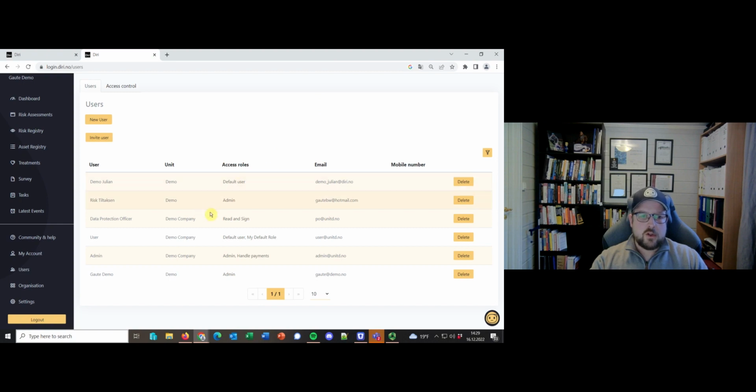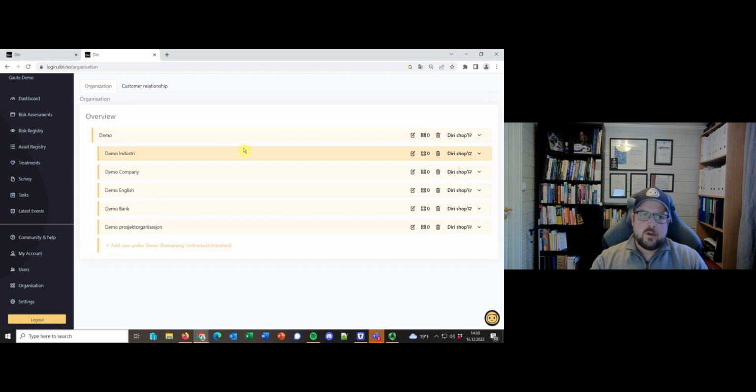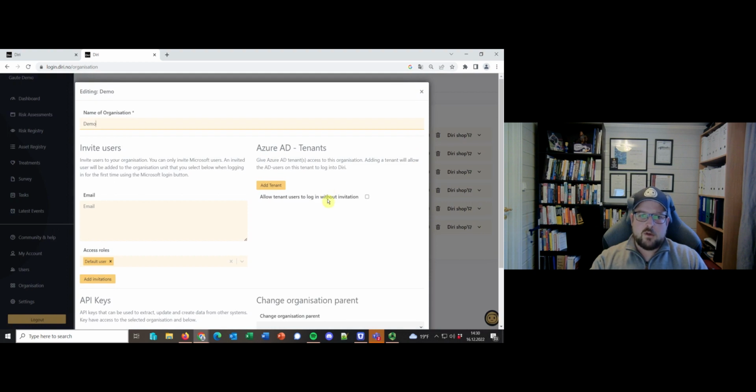So to use the sign in with Microsoft, you first have to add your tenant, your Microsoft tenant. So going to the organization, I get an overview of my organizational tree. So here my organization is named Demo, and if I want to add the Microsoft Tenant ID, I can go here, which means edit the organization, and then I get my menu here, and I can add the Tenant ID. So clicking Add Tenant, and then I add the ID,